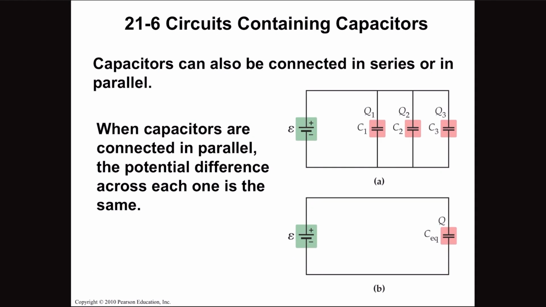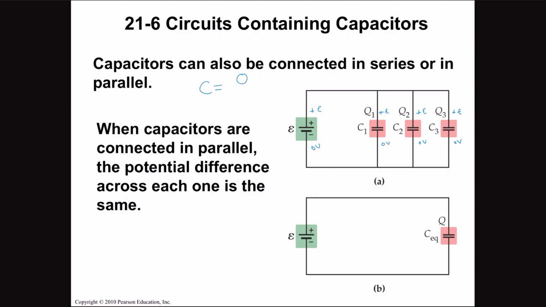When capacitors are connected in parallel, the potential difference across each one is the same. So just like in series, whatever this plus E is, this is 0 over here, we'll say, these are each going to have that plus epsilon, and then 0 volts over here. They're all going to have the same voltage drop across them, which means that if their capacitances are different, they're all going to have different charges that store up on them because they all have the same voltage but different capacitance. And remember,